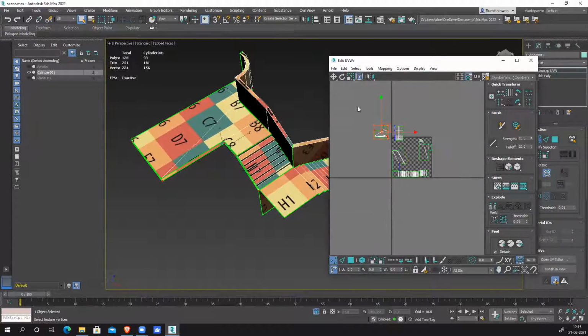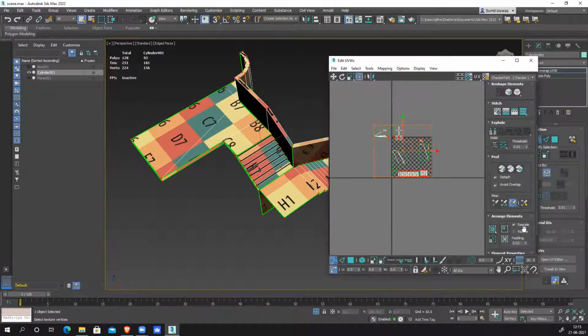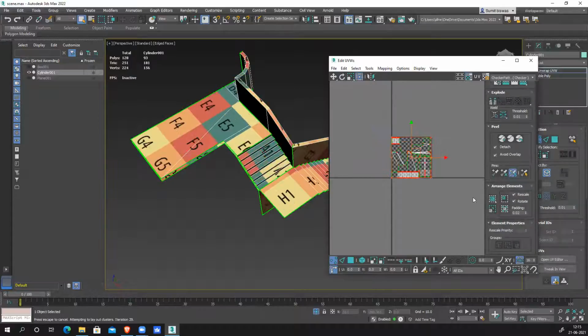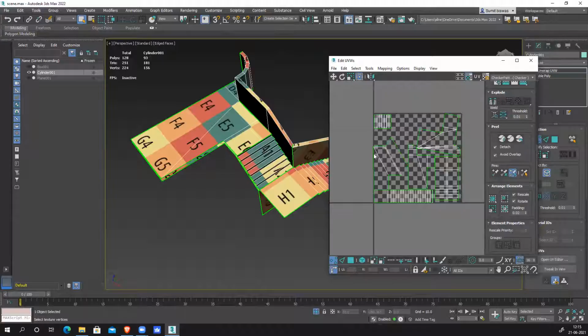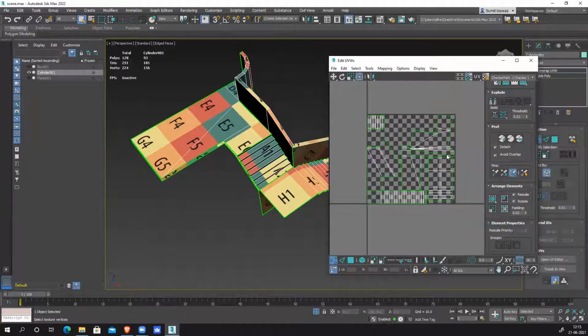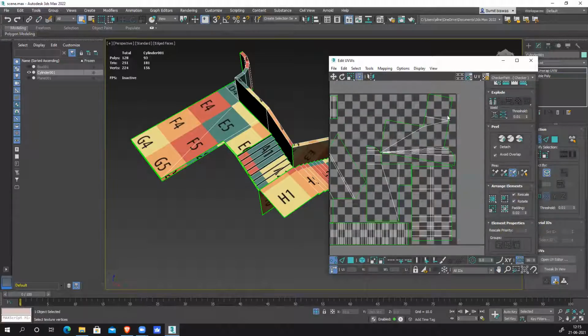And this, I'll select all of them together. Rotate also switch on and then pack it. I can pack it nicely, but I can still see there is a lot of empty space and some issues. Select this, rotate.